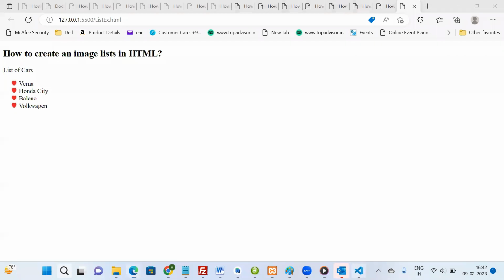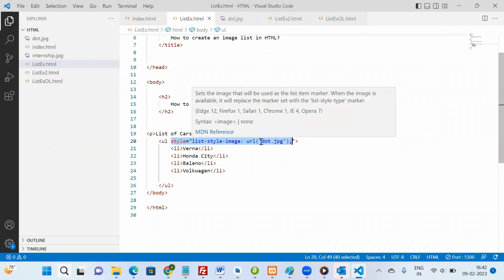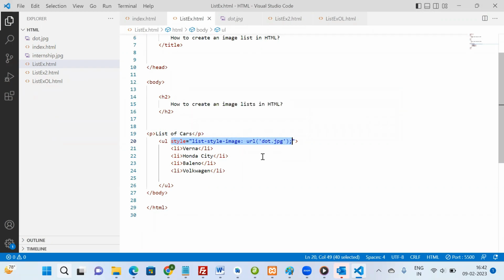use our own pictures. So we'll discuss more in the style and CSS in the CSS sessions. For now, if we can put it this way, that is style. We'll use a style so that the default thing is removed, the default bullet is removed, and then we can put it this way. Now, there's one more example which we can use in the list wherein we can use